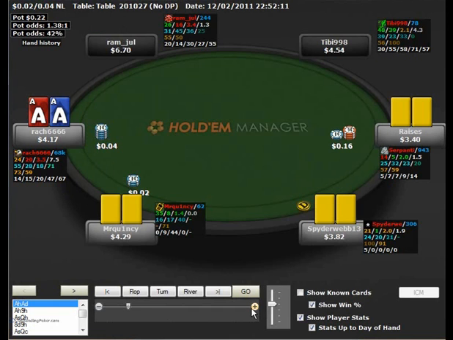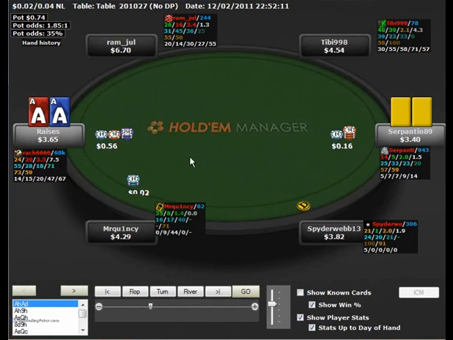So our opponent opens four times the big blind, and we pick up pocket aces. This is pretty much a dream for us, and it's a no-brainer 3-bet. I like how Rack decided to 3-bet. I think his 3-bet sizing is great. I think 56 cents from a raise of 16, so a little over 3x, is a good amount. We're looking great so far. And to not 3-bet here is criminal against this type of guy, because this is a hand that dominates his calling range, and with a range like that,